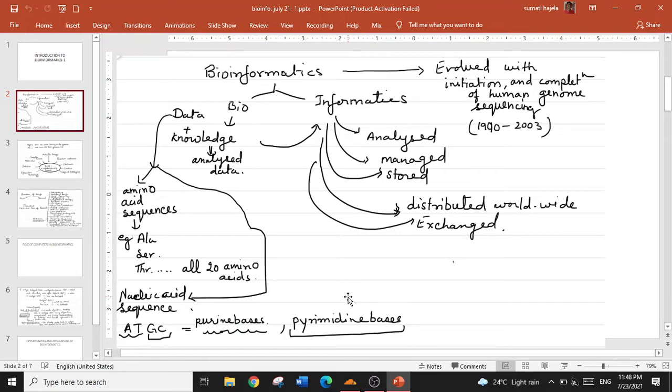So normally, based on these purine and pyrimidine bases, these names are kept: adenine, thymine, cytosine, and guanine. So again, here sequencing means the composition and sequence of these bases in